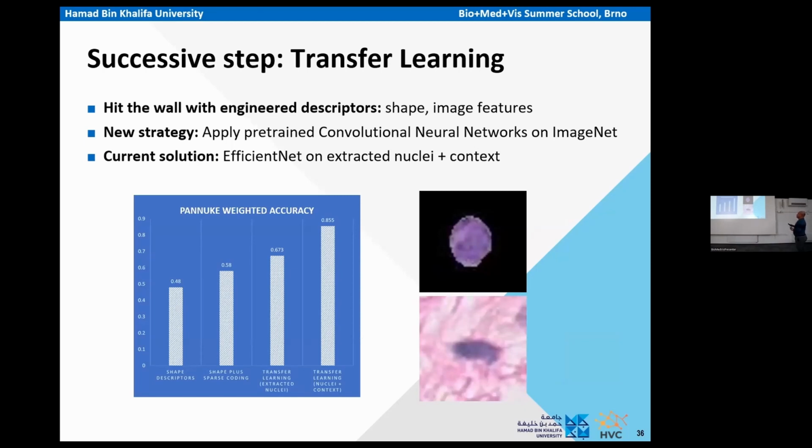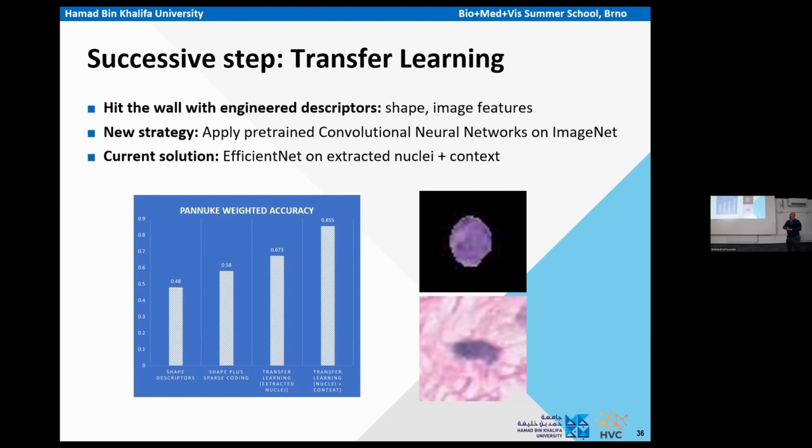with the composition of other features, like foreign images obtained with autoencoders or other kinds of features, we could reach a maximum of 60% accuracy on the PANUC. So it's like we hit a wall with the engineered descriptors. That's why we decided to move on